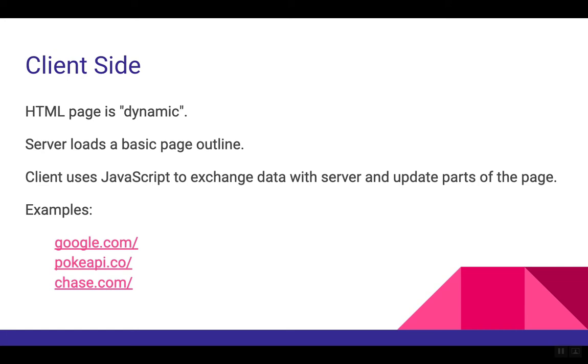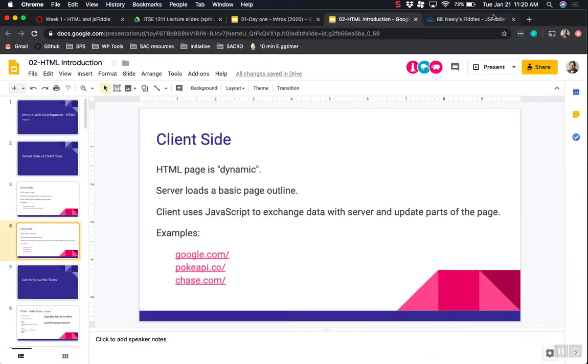So let's do a couple of quick examinations of web pages to make sure we get that. Everybody feel like they get the gist of what these two things are? So if we look at,